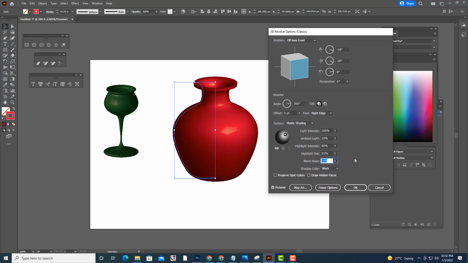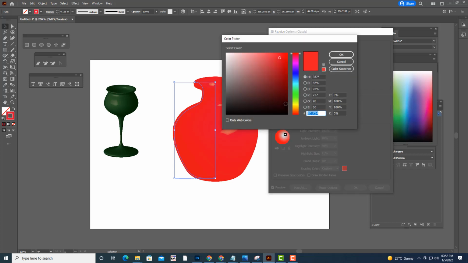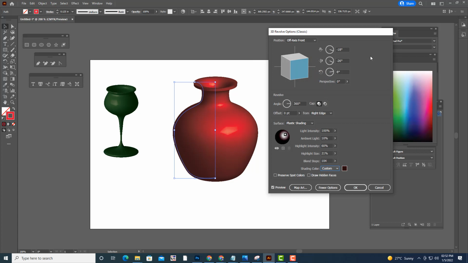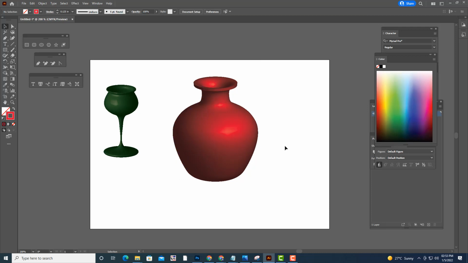And actually the shading color should be black only, okay, but in case you want a different color, you can select a different color shading, see, but generally black is the best option, okay. See, and highlight intensity also, let us reduce it, okay. Highlight means this kind of lighting. See, we have created one pot, and again we will expand it, object, expand appearance,